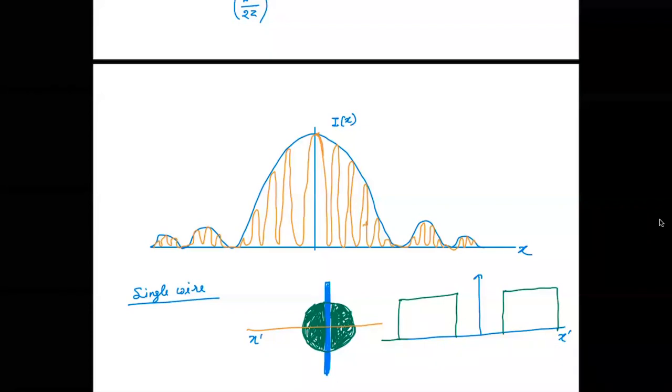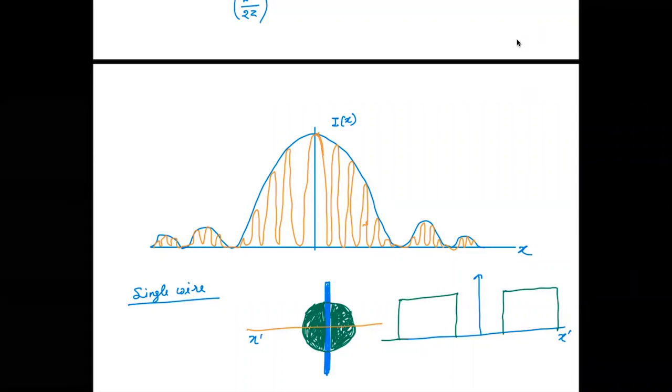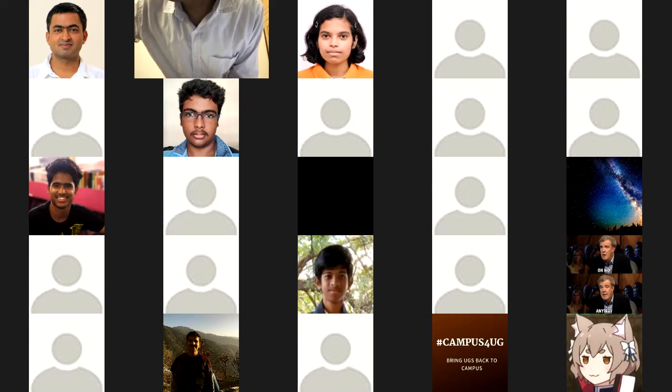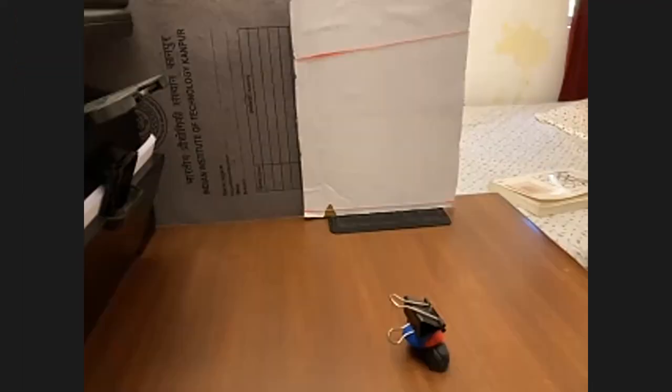Okay, so with that, how much time do we have? Okay, maybe 5-10 minutes. So let me do a simple demonstration of a wire and a slit. And I think we have to be very innovative with these experiments because the resources we have are very limited. And so we will have to work with those resources. Okay. So let me turn on my other camera and spotlight video. I guess hopefully you can see it.